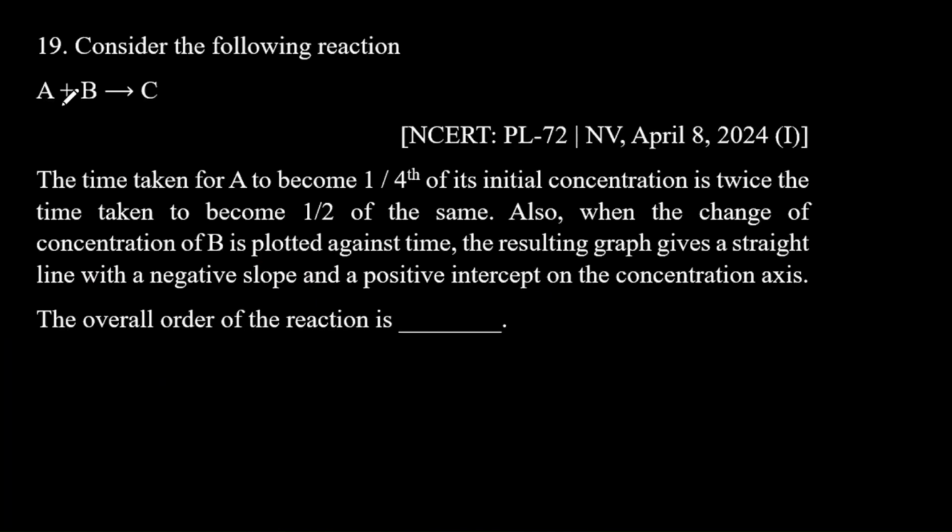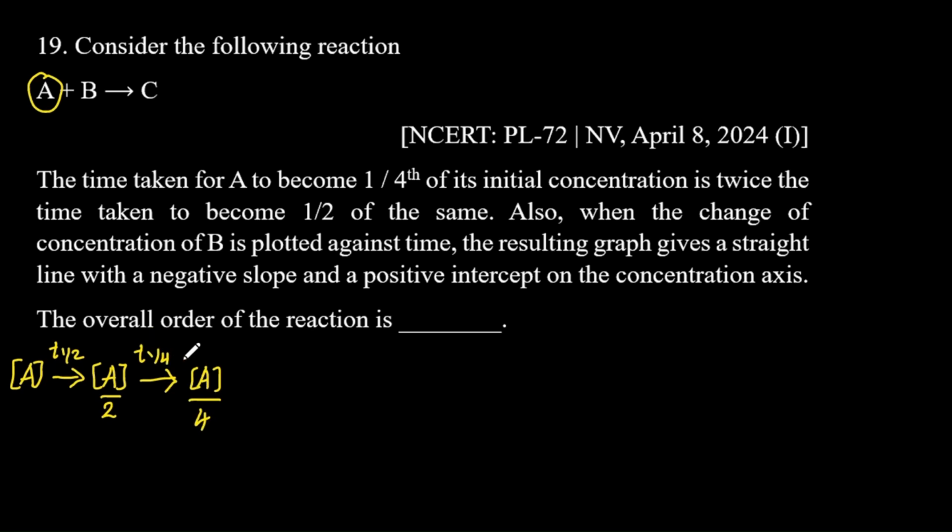Consider the following reaction. A plus B gives C. The time taken for A to become 1/4 of its initial concentration is twice the time taken to become 1 by 2 of the same. So for the reactant A to become A by 2, so the concentration of A to become half of the concentration, we know the time taken is T half. The same to become 1 by 4th of its concentration, we know the time taken is